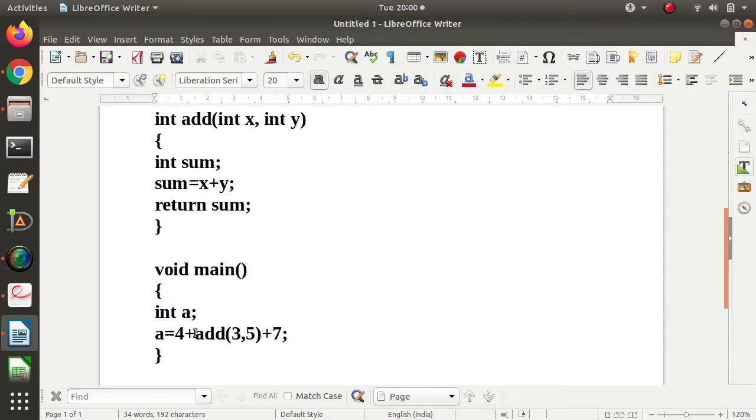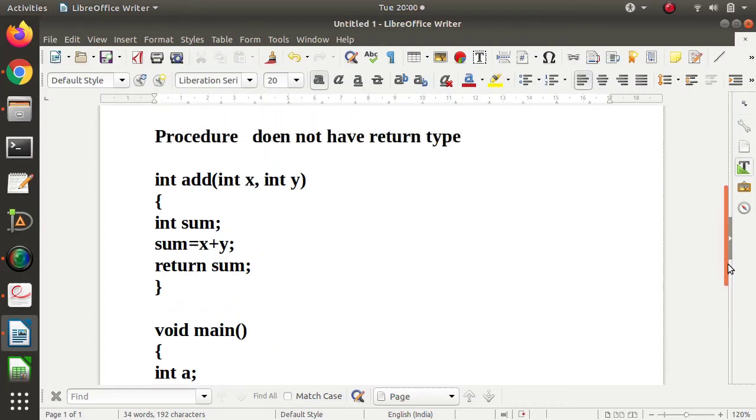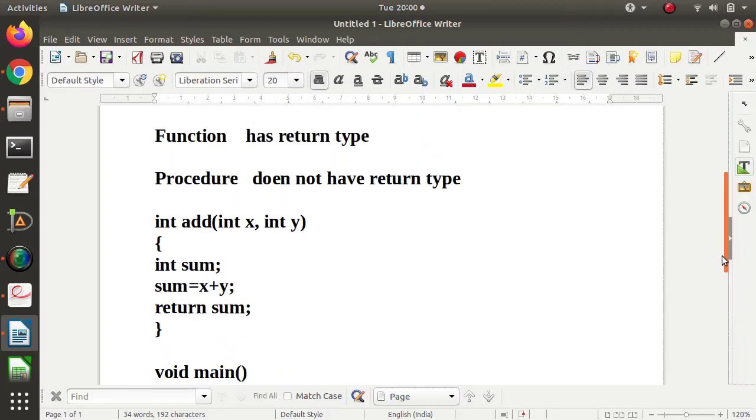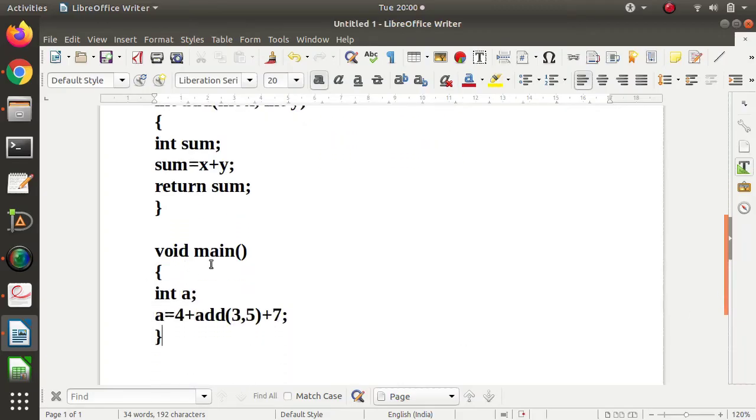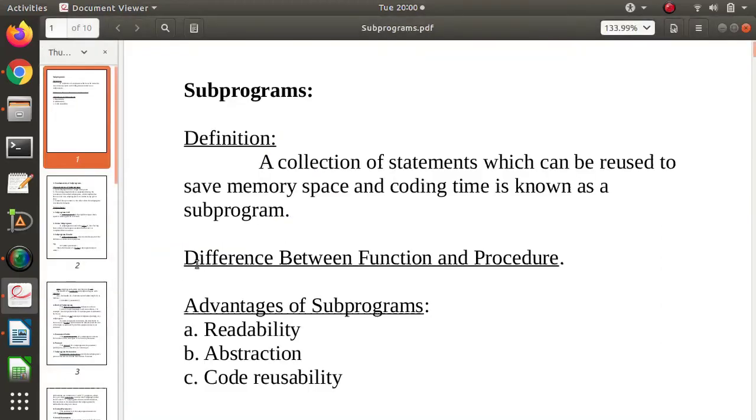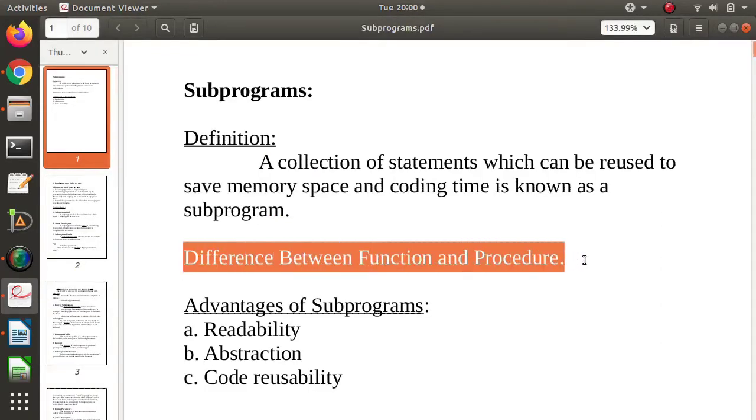Here we are making a function call to add, and we are using it as a part of this arithmetic expression. So a function can be used as a part of an arithmetic expression, while a procedure cannot, as a procedure does not return anything. But both function and procedure can be called from any other subprogram. So this is the difference between function and procedure.